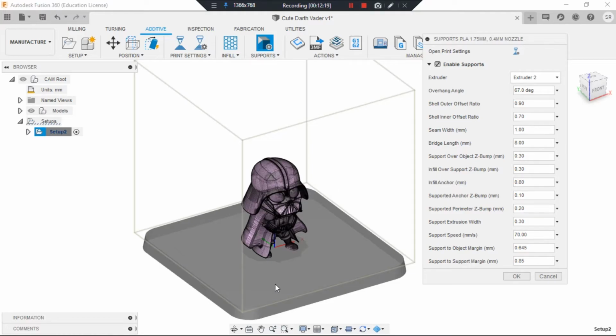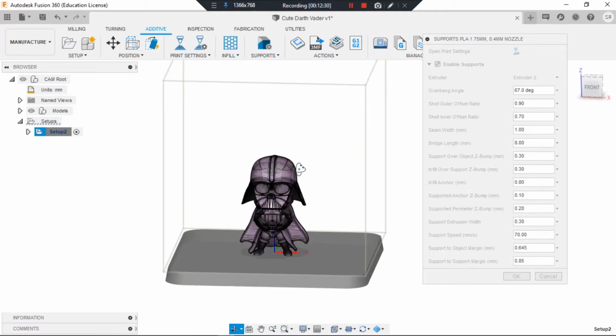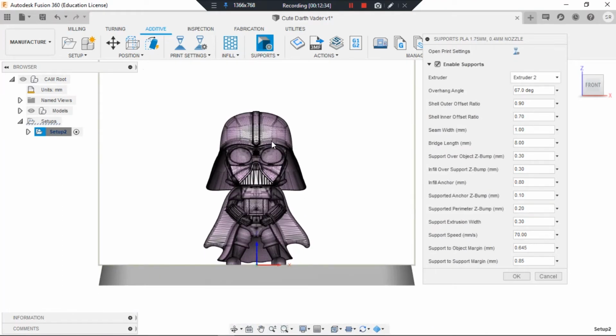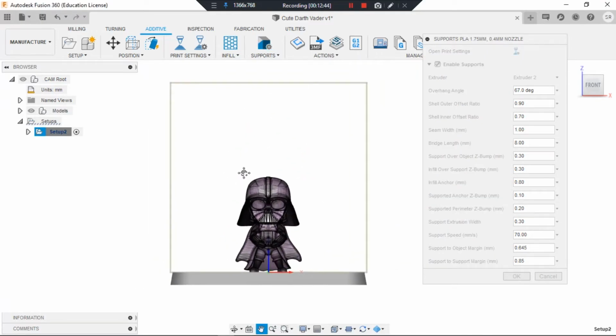So the operation of the 3D printing can be done properly, and the model will be made properly. But that's the case in the real world.